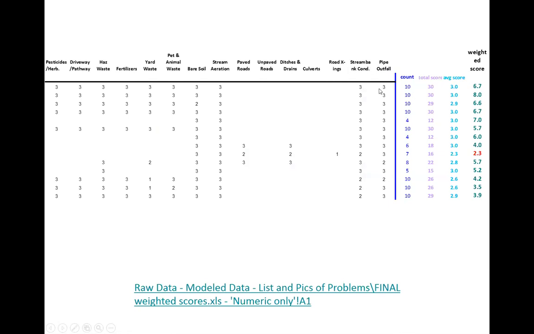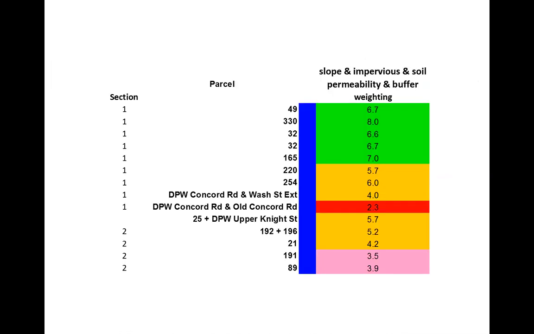And so what we got is a count going across here. You notice that some of these things, there's no numbers in the cells. That's because there was no evidence of these factors for that particular parcel. So we got counts, different types of counts, got total scores, and then we averaged the scores of these types of categories, and then we multiplied it times the weighting, and then we got what we call the weighted score, and it's the weighted scores which were the parcel threat numbers. So this is just to give you an example of an output on the Excel spreadsheet